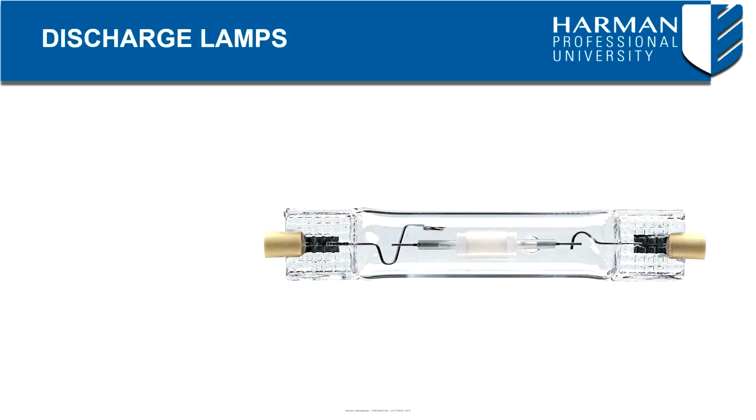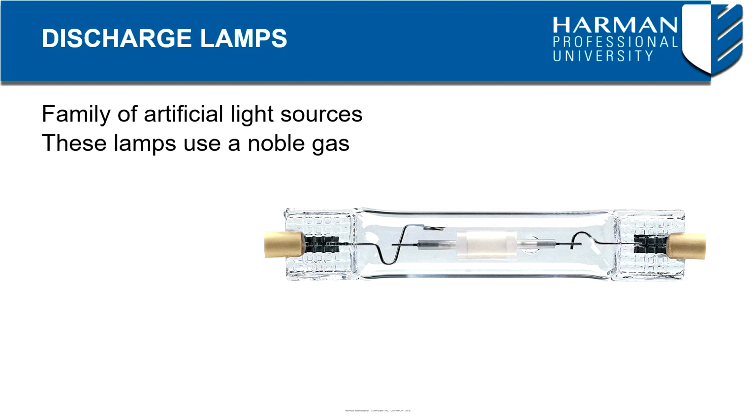The next light we want to look at is the gas discharge lamp. These lights are a family of artificial light sources that generate light by sending an electrical discharge through an ionized gas, or what we call a plasma. The character of the discharge depends on the pressure of the gas as well as the frequency of the current. Typically, such lamps use a noble gas such as argon, neon, krypton, and xenon, or a mixture of these gases. Most lamps are filled with additional materials like mercury, sodium, and metal halides. In operation, the gas is ionized and free electrons accelerated by the electrical field in the tube collide with gas